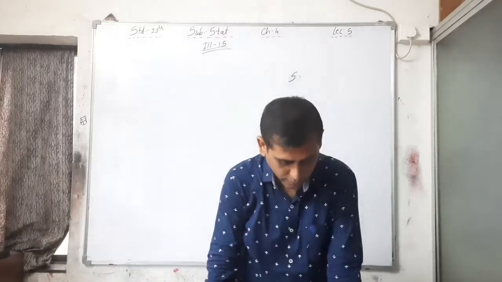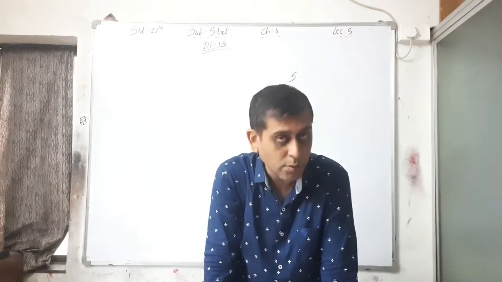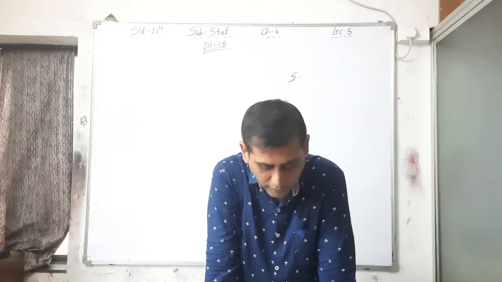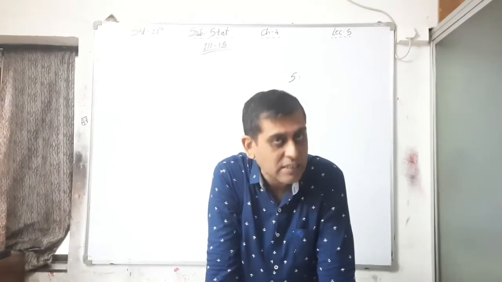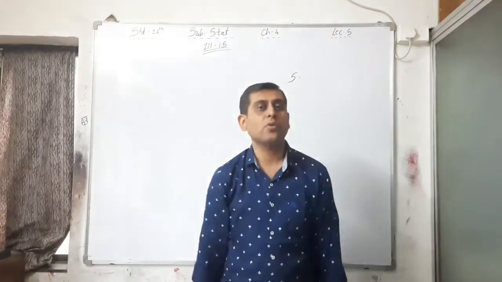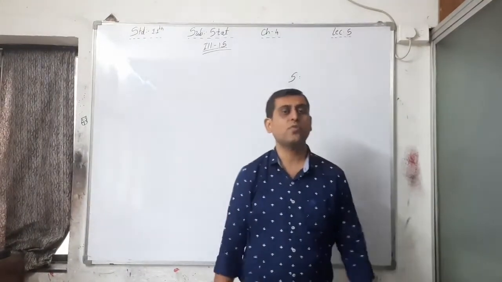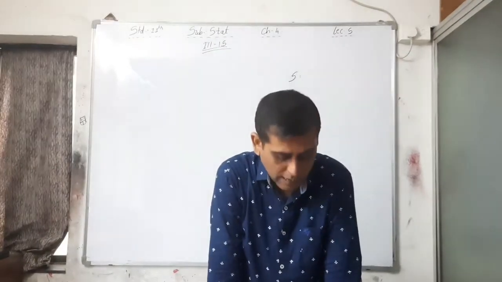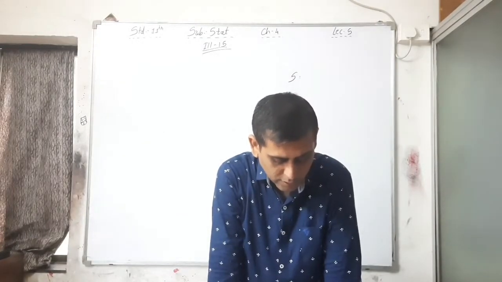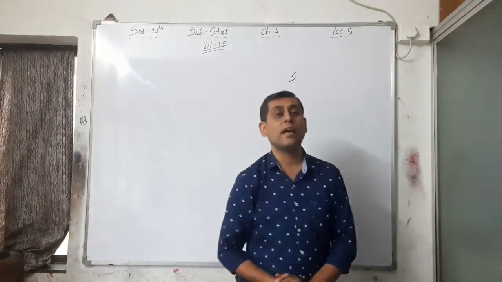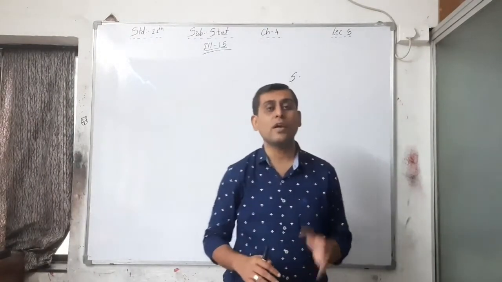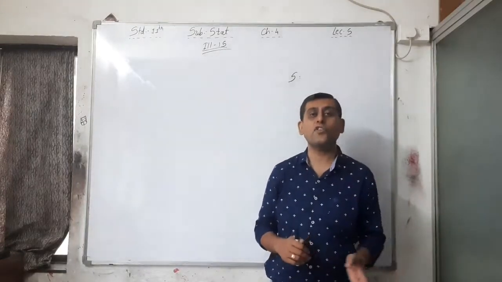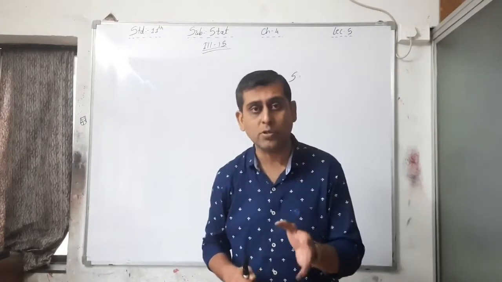See, I am reading the data first, that is illustration number 15. The distribution of a number of absent days of 15 students of a class in the month of January is given below. Okay, and you have to find out the standard deviation as well as coefficient of standard deviation from this data. Now number of absent days, that is 0, 1, 2, 3, 4, and number of students is given. Here it is specifically said that total 15 students. We are observing 15 students, and we have to find out from those 15 students the standard deviation as well as coefficient of standard deviation of the absent days.